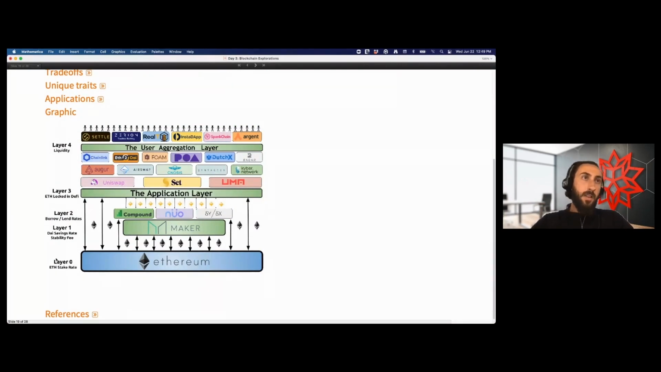Here it says layer 0 is Ethereum because this is a very Ethereum-centric graphic, but I want you to think about just the layers here, ignore the numbers. So at the bottom layer, we have Ethereum. It enables some sort of applications on top. What you might find in this intermediate phase is